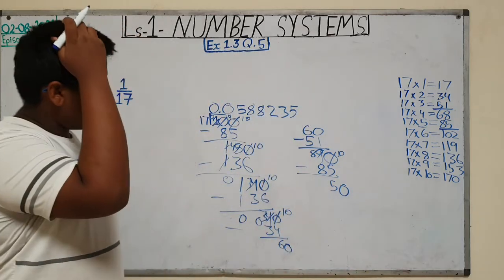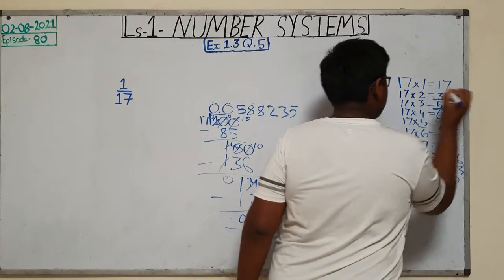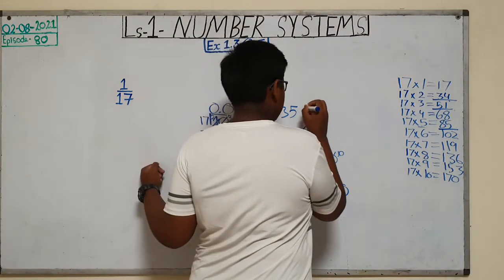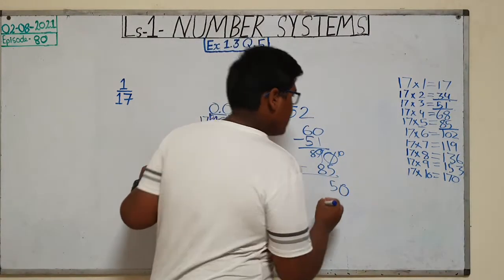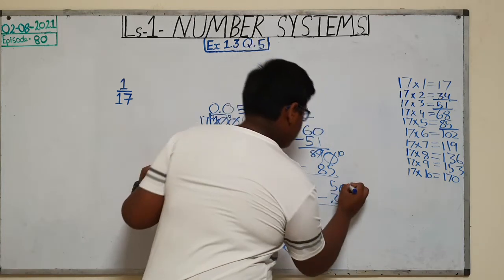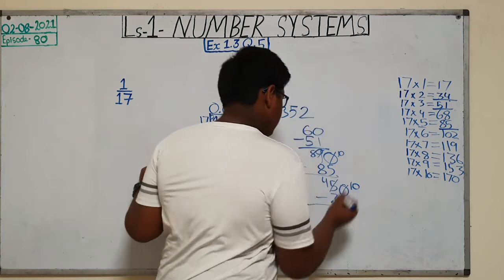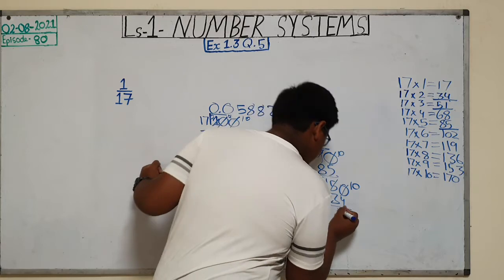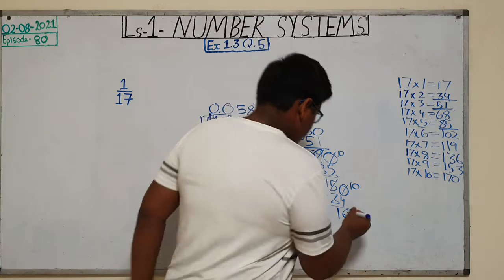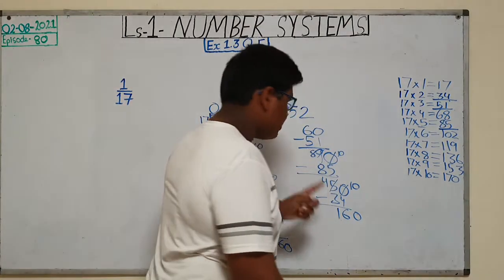Okay, now when we have 50, so let's check. Okay, so can we take 34? We can take 34, right? Because 51 is greater than 50. So let's take 2 over here and then subtract it with 34. So 50 minus 34. Okay, now let's transpose it. This will be 10, this will be 4. So 10 minus 4 is 6, 4 minus 3 is 1. Now we have 16, right? So 16 is smaller than 17. So we will add a 0. Okay, now it is 160.